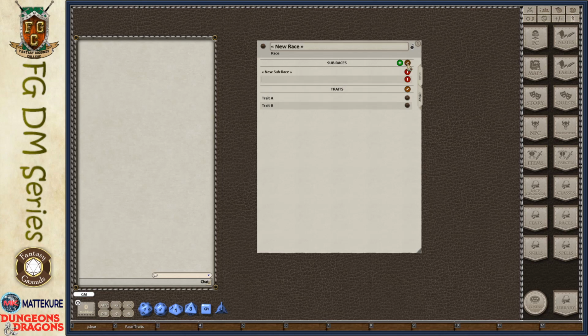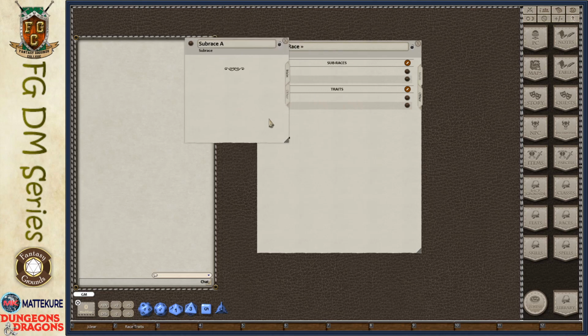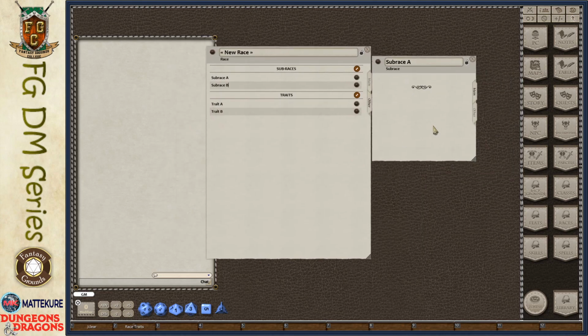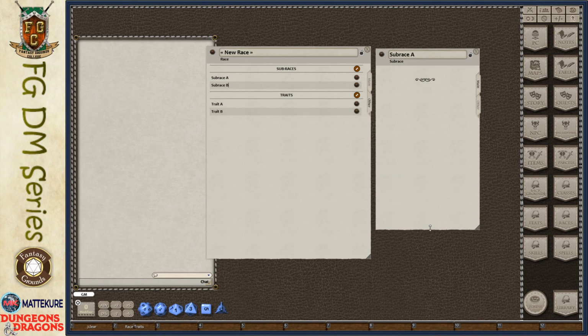We'll go ahead and add a couple of sub races. We have subrace A and subrace B. Now, each subrace can also have traits. So if I go ahead and click on the subrace, I have a very similar window to my race entry. I have a main tab and other, and here on my subrace I have a main tab and other.